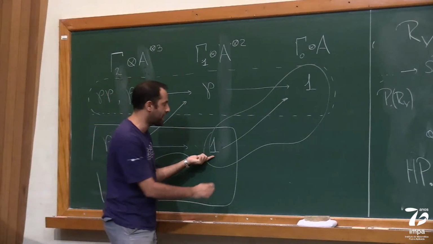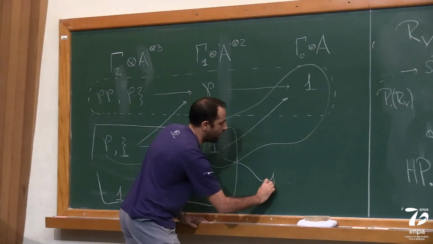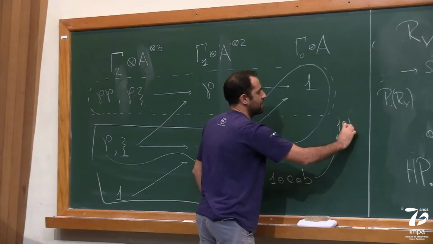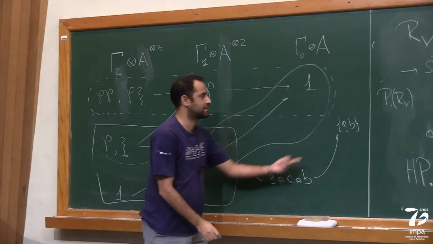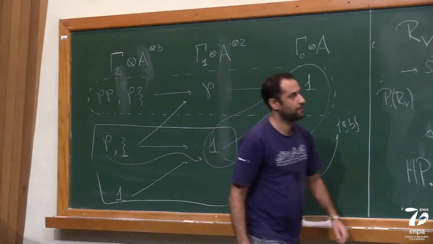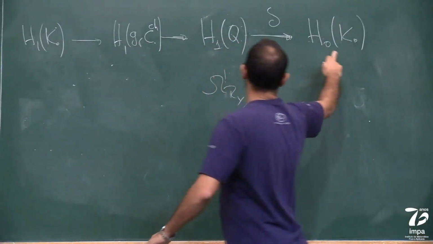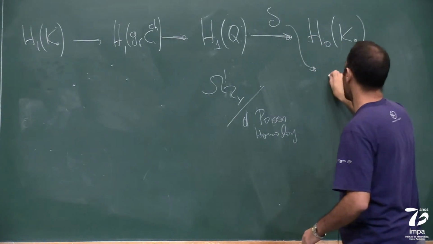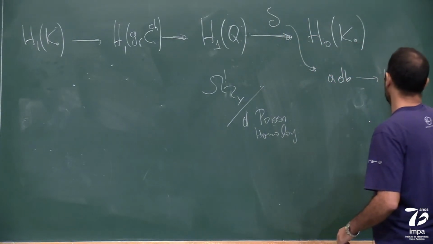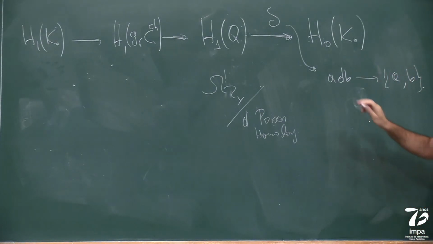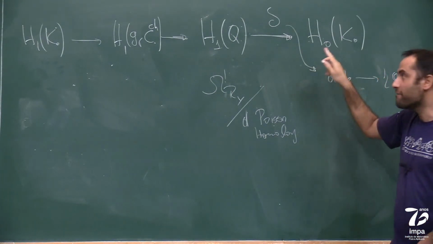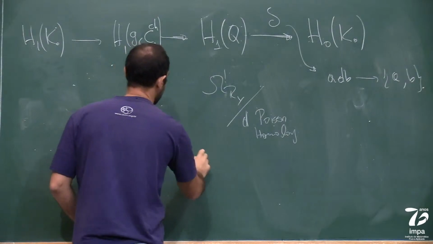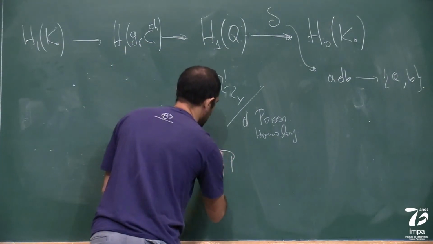Here I see 1 tensor A tensor B goes to the Poisson bracket of A and B, because it's the zeroth product of A and B. So this map delta is the map that sends A dB to AB. That means that if I look at the kernel of this map, the kernel of delta is exactly the Poisson homology HP1